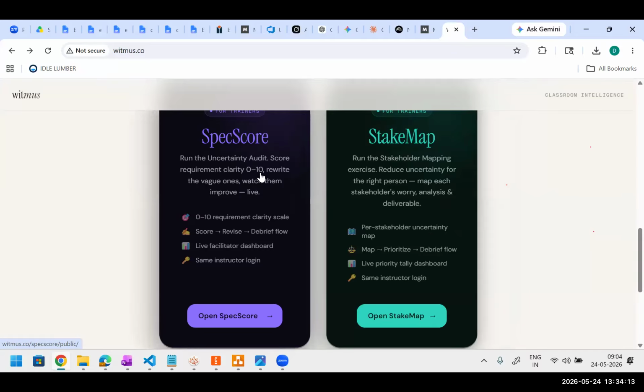Run the uncertainty audit, because don't measure the documentation. It's not about saying, hey, I created a 50-page BRD and so on. Today AI generates that. That is the gap I found. The problem is that content you can generate, but clarity is the key. Requirement clarity: how do you measure that metric for a particular requirement, with no uncertainties,